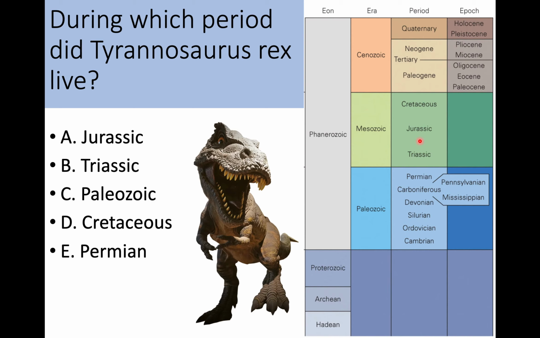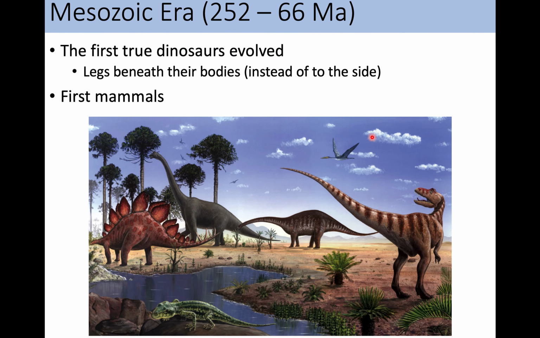The dinosaurs, Tyrannosaurus Rex, actually did not live in the Jurassic period. They lived in the Cretaceous period, but they did have the era correct. So for our class, since we're really only thinking about the era, we do know that Tyrannosaurus Rexes did live in the Mesozoic era. So Mesozoic being from 252 to about 66 million years ago,